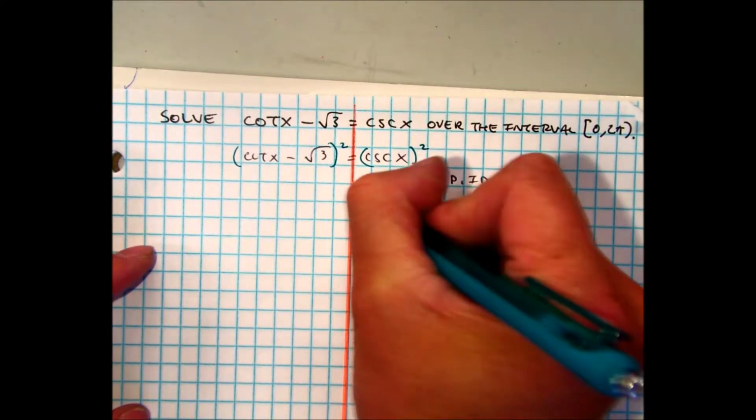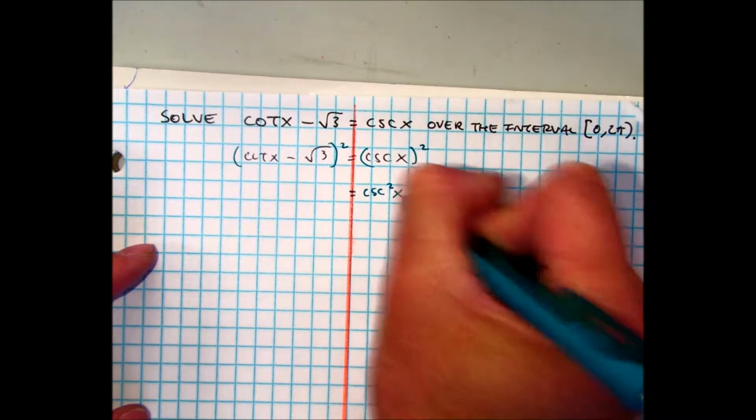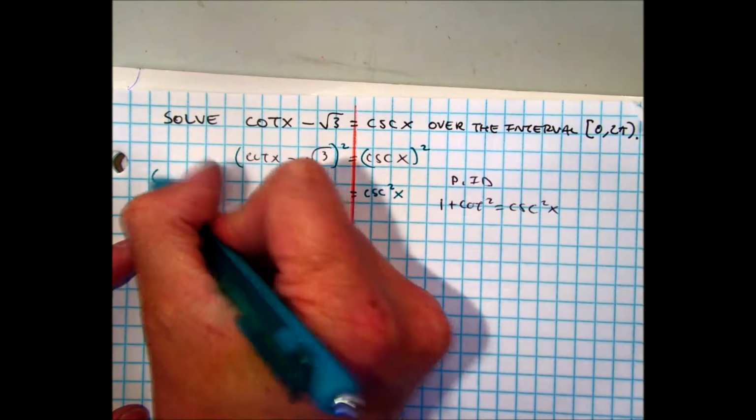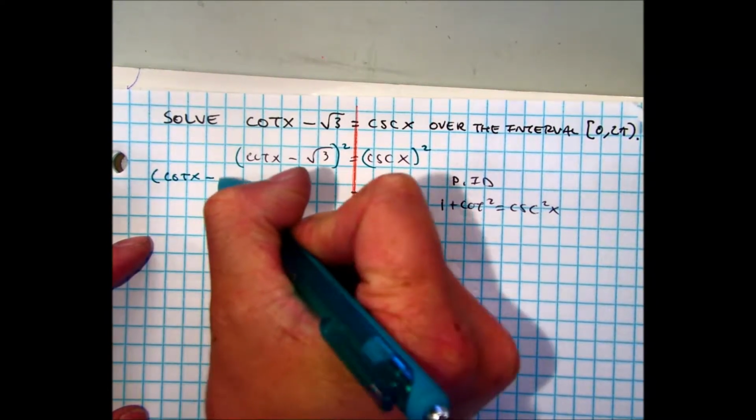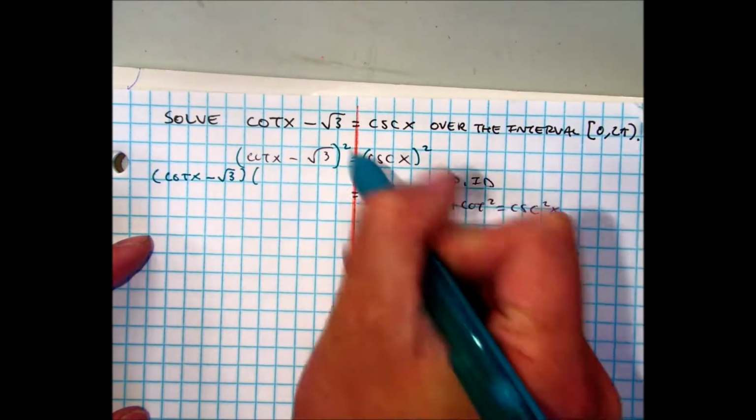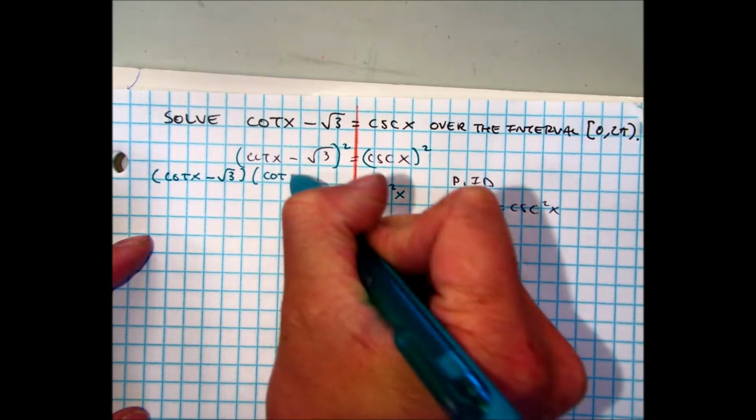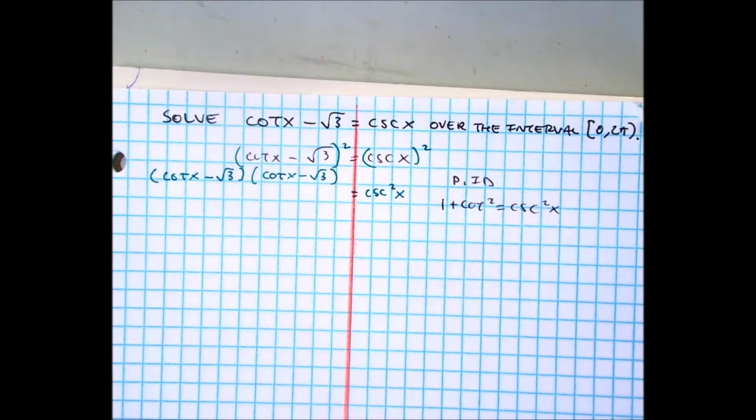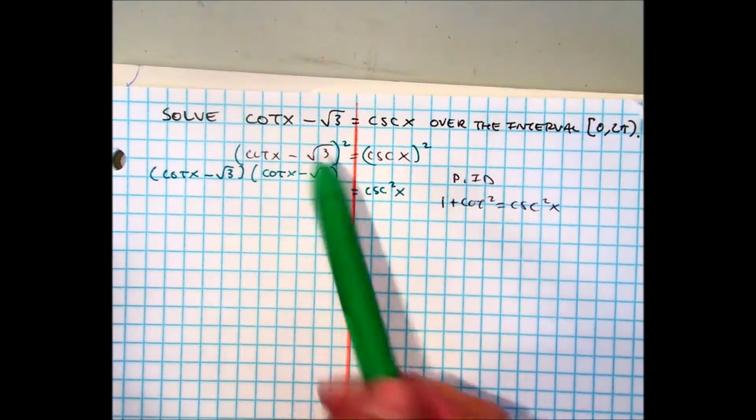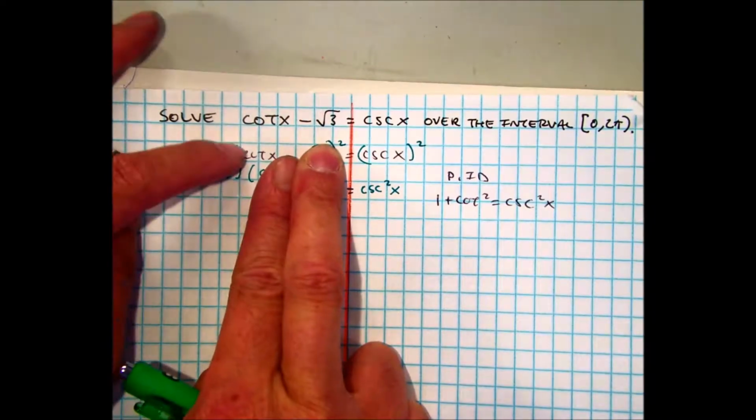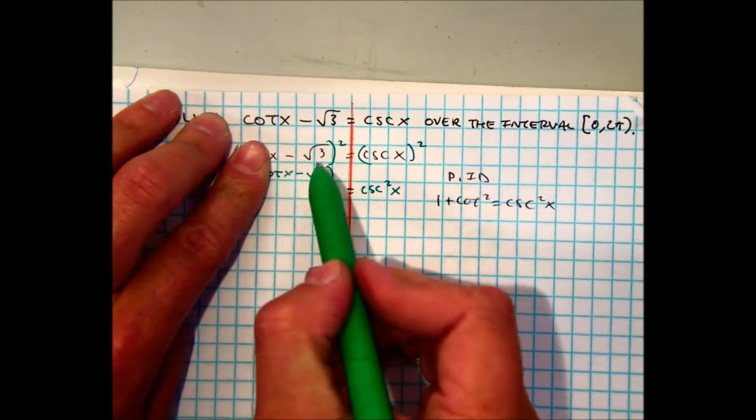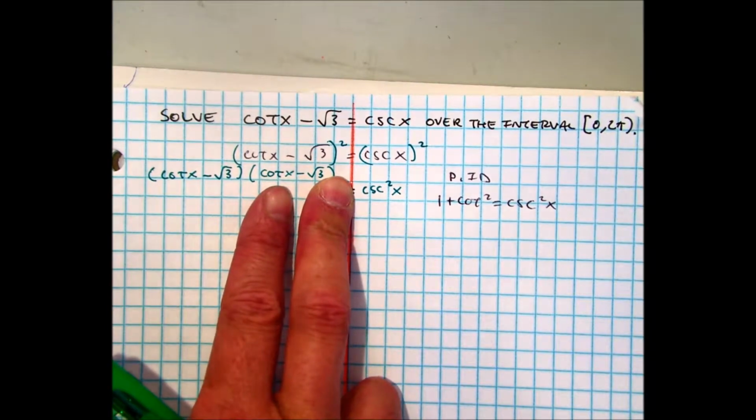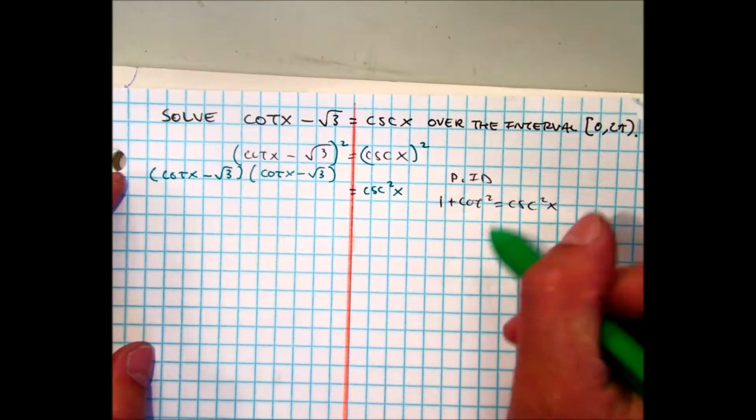That means on this side I'm going to have cosecant squared x. Over here, this is essentially cotangent x minus radical 3, but you have to write it twice because of the power of 2. Now the common mistake is to make this cotangent squared x and then minus 3. That is incorrect because it's a binomial, so essentially you're going to have to FOIL or use the box, which I'm going to show you. So if I use the box,